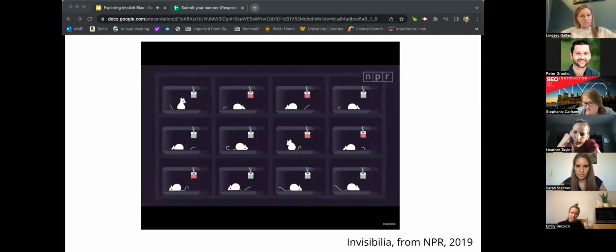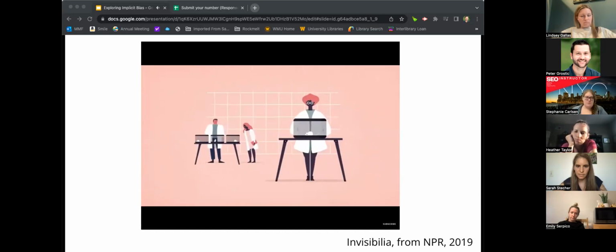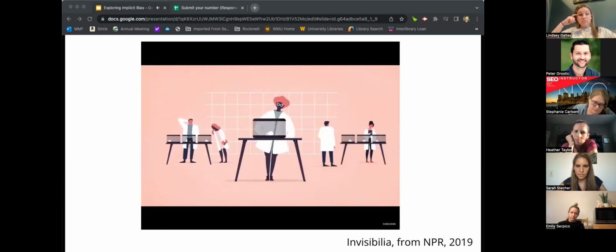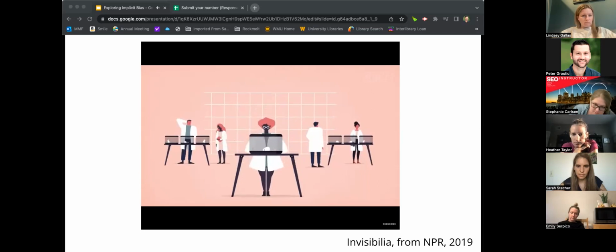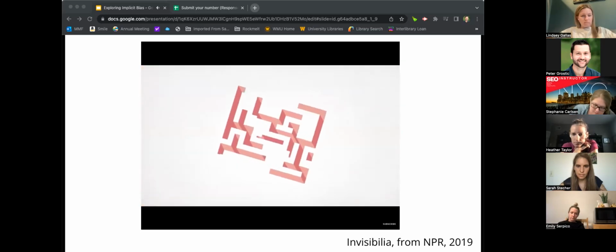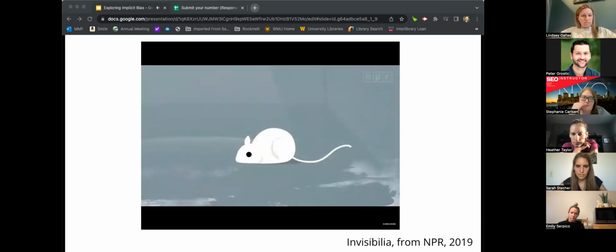So then Bob brings this group of experimenters into his lab and says, for the next week, some of you are going to get these very smart rats and some these very dumb rats. And your job is to run your rat through a maze and record how well it does. So what did they find? It was not even close. The smart rats did almost twice as well as the dumb rats. Even though the smart rats were not smart and the stupid rats were not stupid.